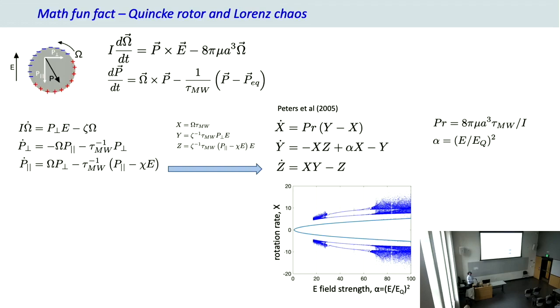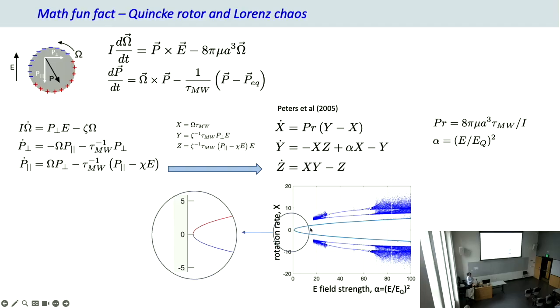And one can look at the bifurcation diagram. I mean, it's well known in chaos theory. So the rotation rate is a function of the field strength. There is first a pitchfork bifurcation at parameter alpha equals 1, when you have a transition from no rotation to steady rotation, either clockwise or counterclockwise, depending on the perturbation. And then at a much higher field, you enter the chaotic regime. So there is a Hopf bifurcation, and there are various regimes: chaotic, period doubling, and so on. And the dynamics becomes much more fancy, and we can see this in the lab.